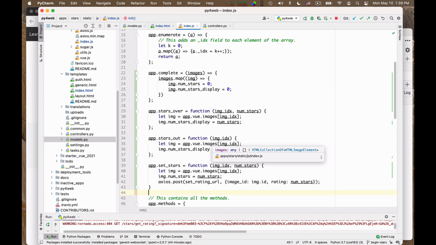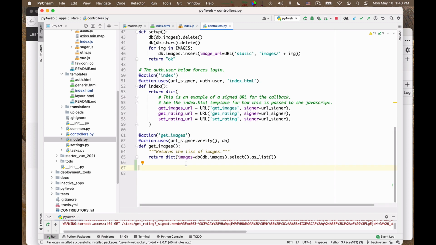Okay, now this is all very good, but of course we have to implement now the server methods. So let's look at the server methods one moment. So we need to implement two methods, get rating and set rating. Get rating, you know, we hadn't implemented it actually. The ratings were always 0 because that was the default. So let us do it now.